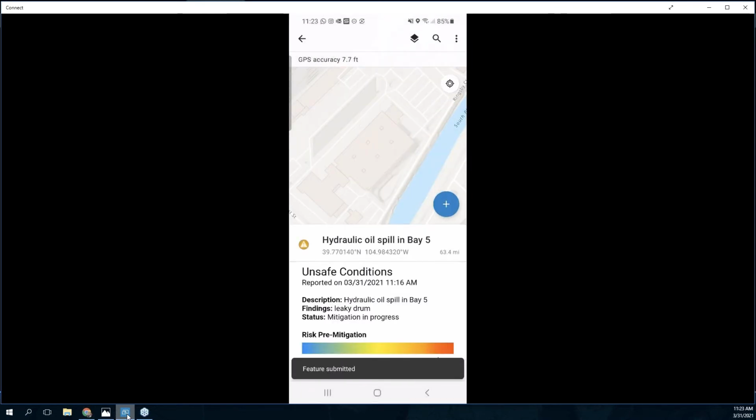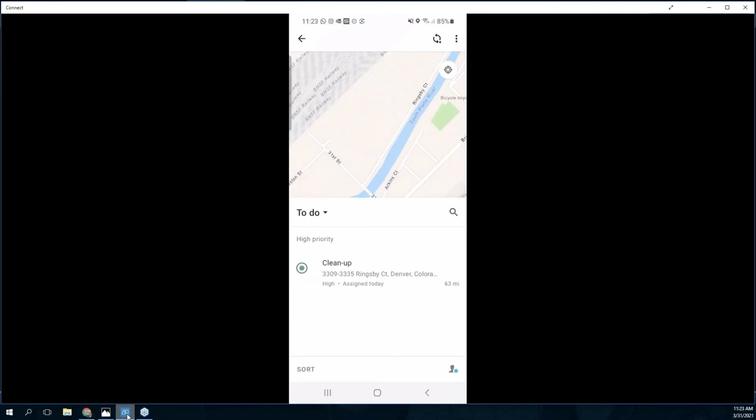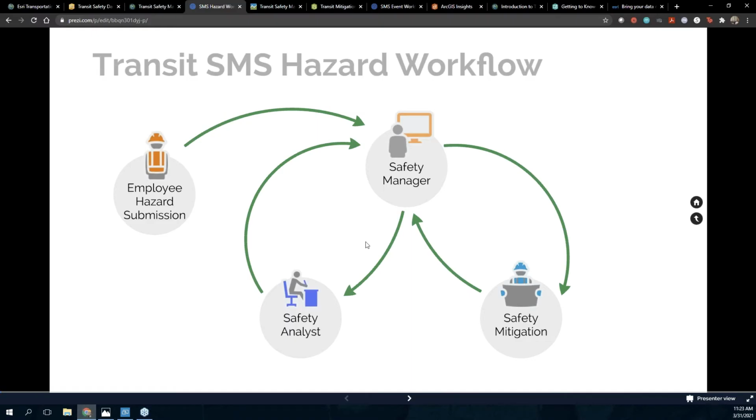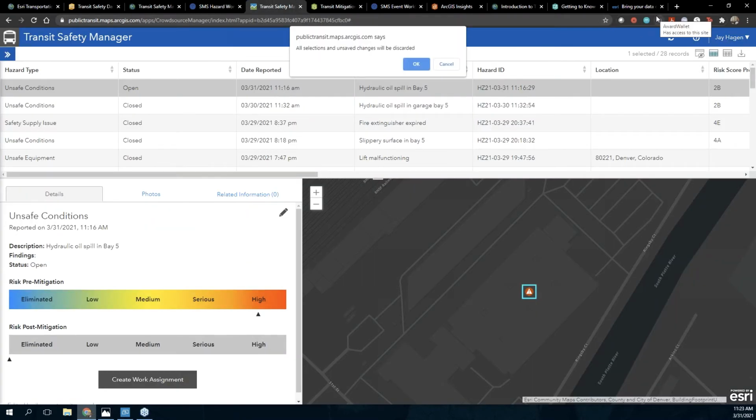I can log all of this information from my mobile device. I'll go back to my Workforce here so that I've finished this, and all this information is being logged. So now stepping back here, we've mitigated that. That's getting passed back to our safety manager. So if I were to refresh my view here,